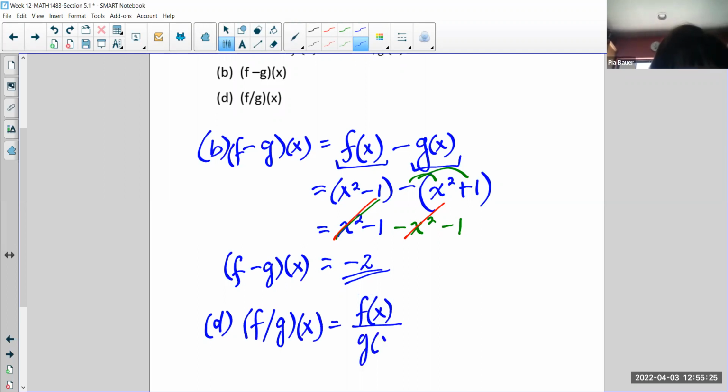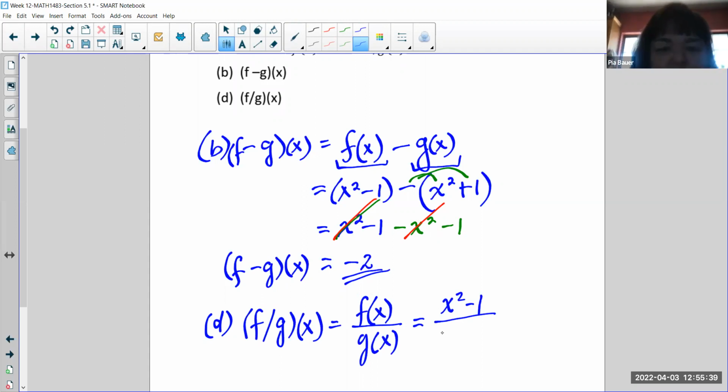And it doesn't always necessarily mean that you divide, but you form a fraction. So you substitute f of x for x squared minus 1 over, you substitute g of x for the x squared plus 1, and then that becomes a whole new formula, and that is the answer for the